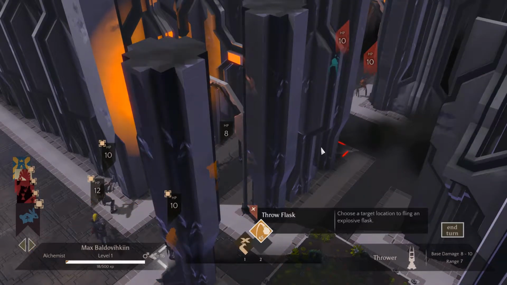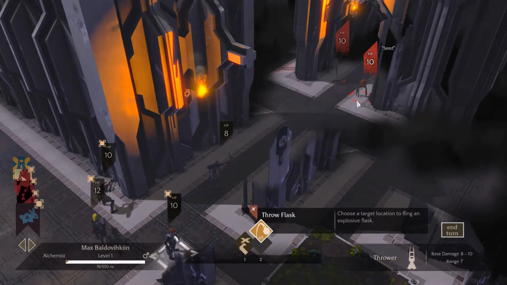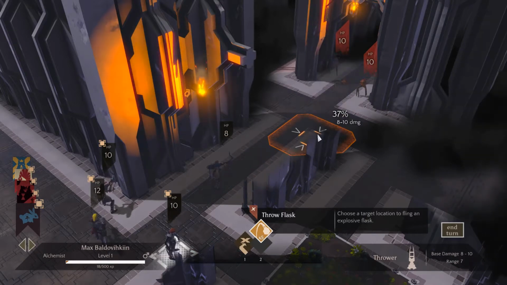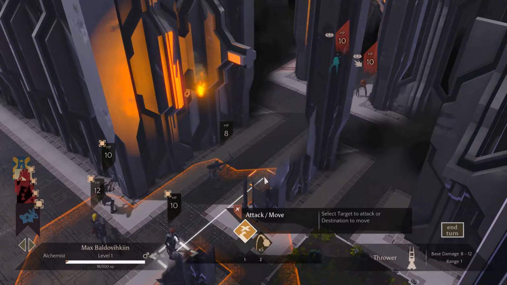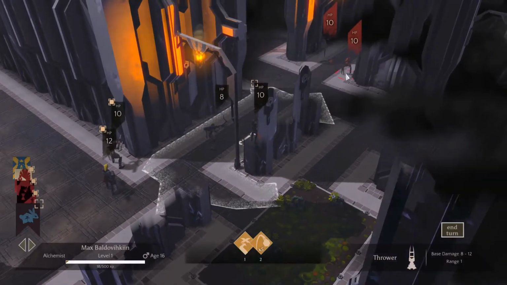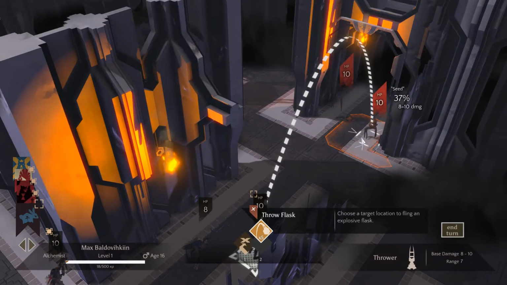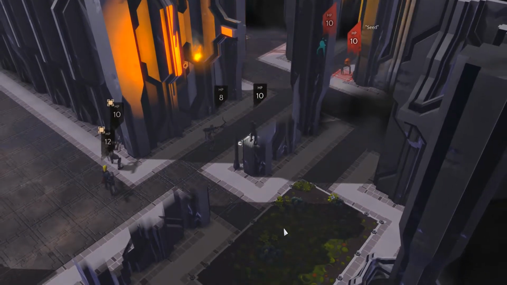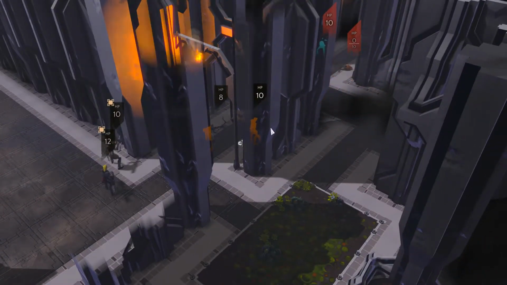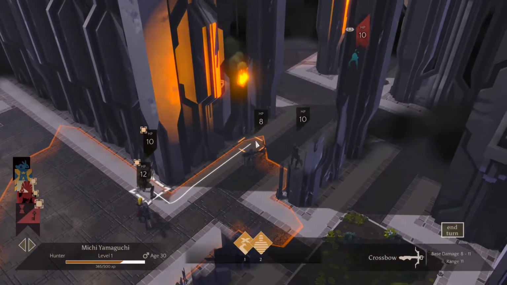So, what's my range on this guy? I don't know. He does have a base range of 1, so I guess it is a claw. But his throw range is 7, which means I can throw out to there. Then if I move here, I should be able to throw... Yeah, I can throw right on him. Which would have been better to use when the other guy was alive, but I did not realize that at the time, so...